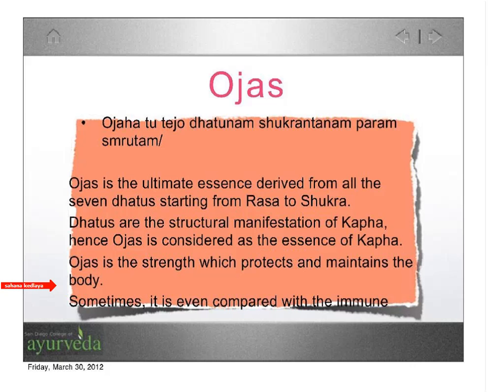In Ayurveda, it's said that Yannashe niyatam nasho yasmin tishtati tishtati. That means that when the Ojas is destroyed, when the Ojas is affected badly, it harms the life of a person. So sometimes it is even compared with the immune system of the body. That's what exactly happens in the acquired immune disease, which is called AIDS. In AIDS, the Ojas is badly affected in such a way that it costs the life of a person. That is what is told in Ayurveda.